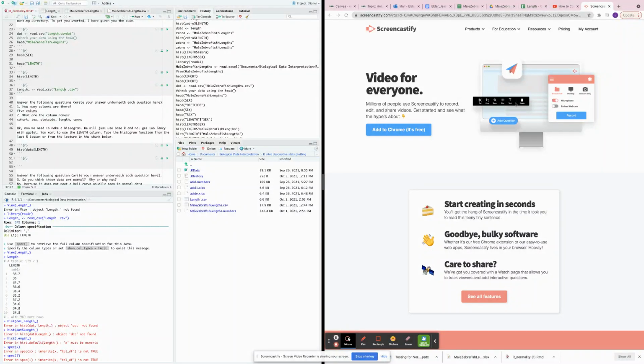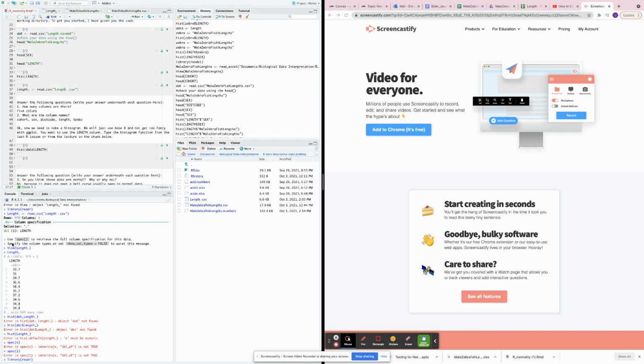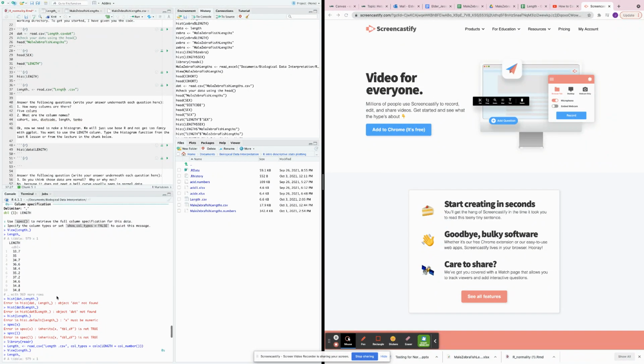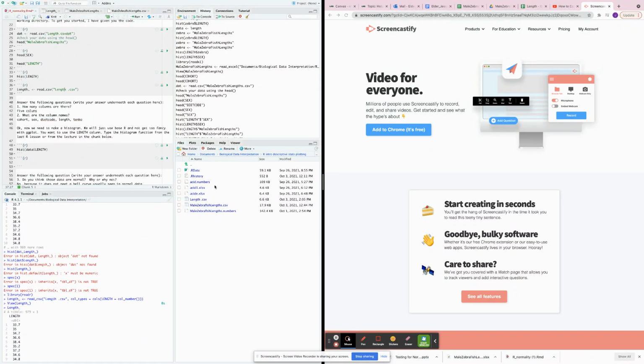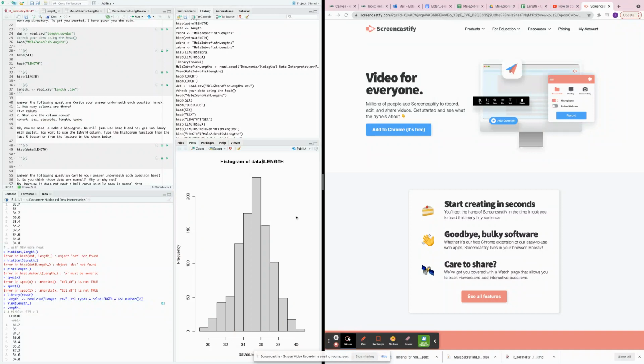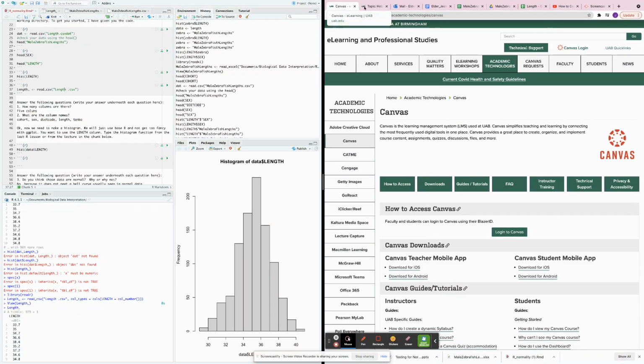All right, so this is how I got it to work for me. And when I say work for me, I mean that it gave me length data. And after I had run the histogram, I got a histogram that looks like this. And it looks close to what I think they're wanting, or what she's wanting. So the way that I got it to work for me on a Mac computer is after I downloaded the